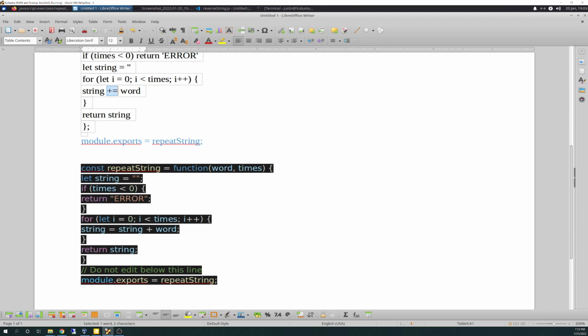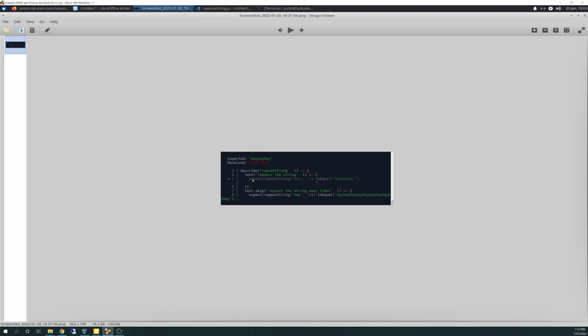So as you can see how frustrating that would be, because this expected really throws you off. So I guess what I'm getting at, full circle here, go into this with the Jest files knowing that what it's telling you, what it's really telling you, is that even though it says it expects, it does not expect you to type in repeatString hey3 or to have anything like that in your code. What it's looking for is